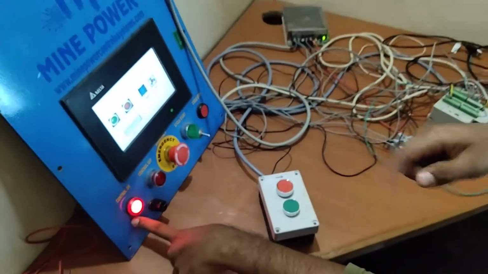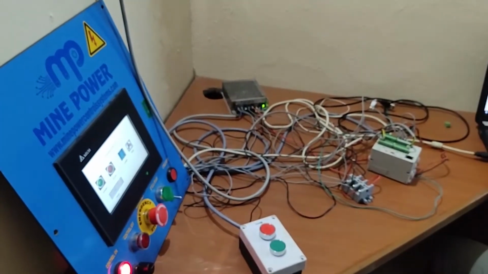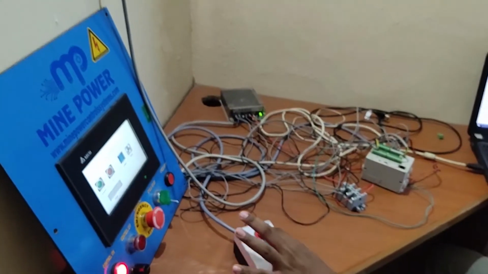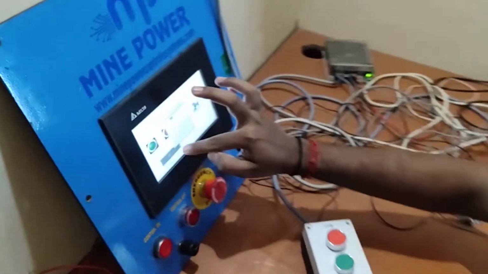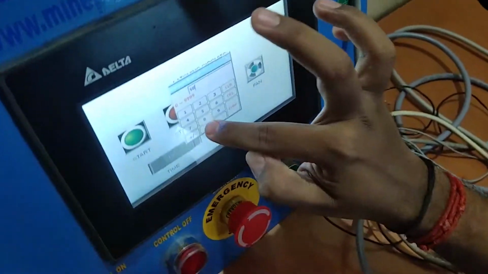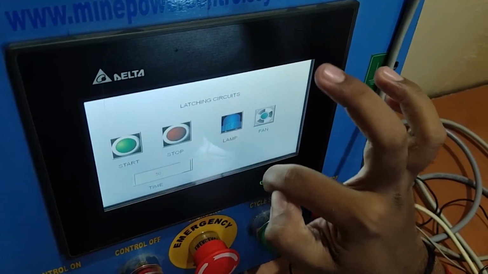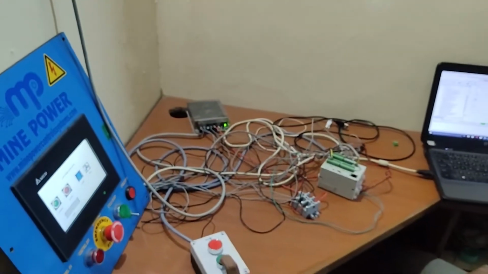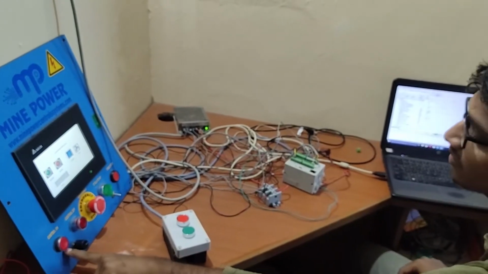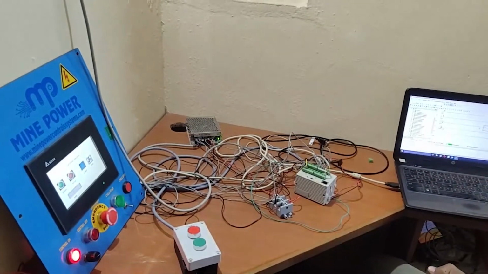Why am I giving 10 seconds? 100 is called 10 seconds. When you switch this off, the overall process will be off. You can change the time. I am now using 50. Okay, you can give 50. The value came in here. If you press this, after 5 seconds, this lamp will go. So you can see the time difference.